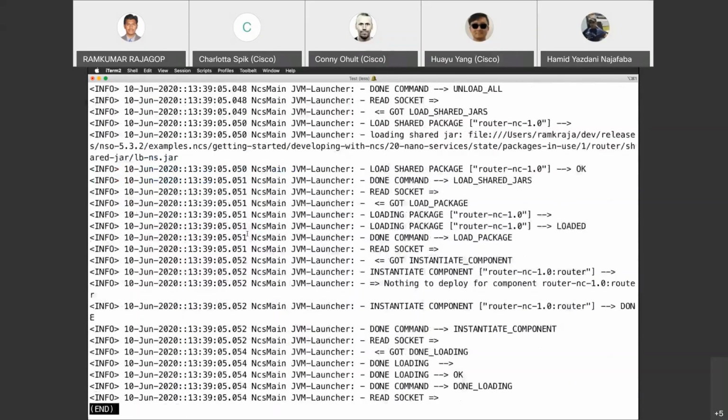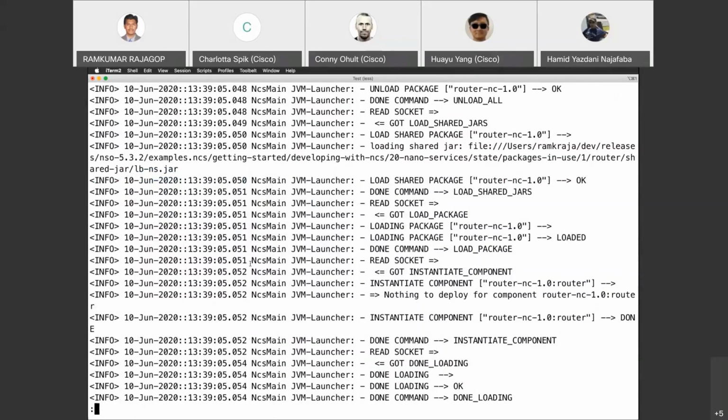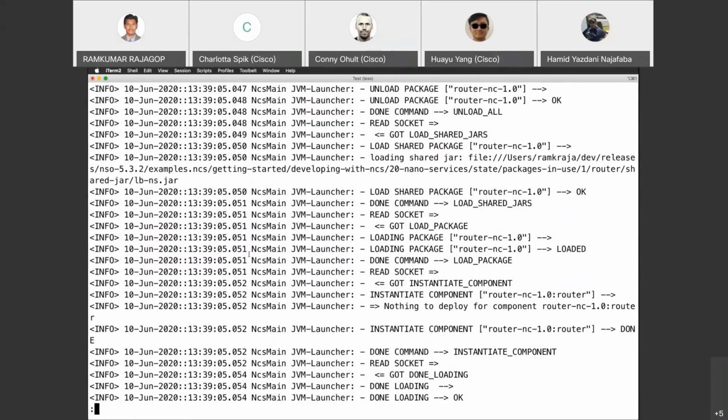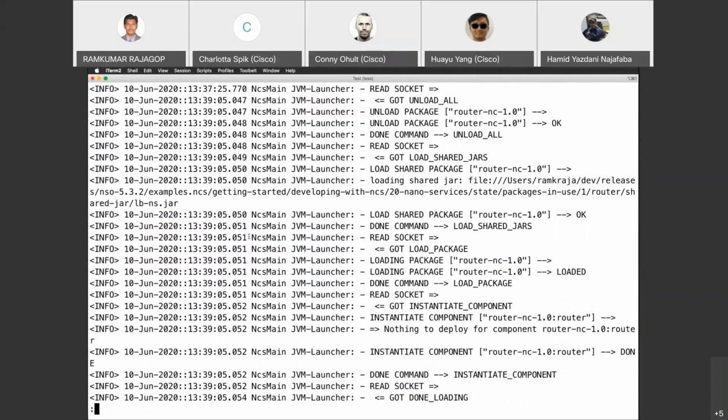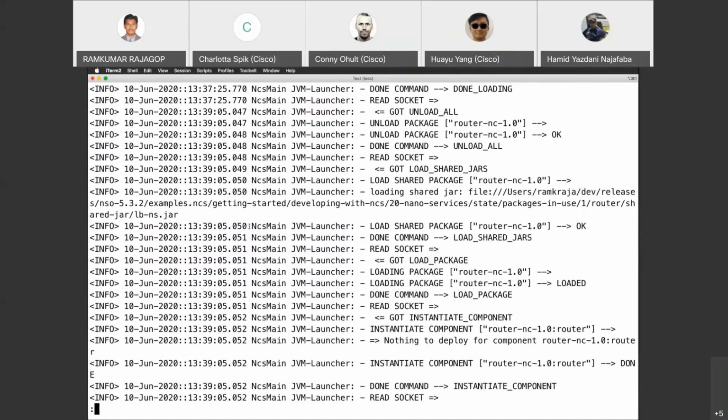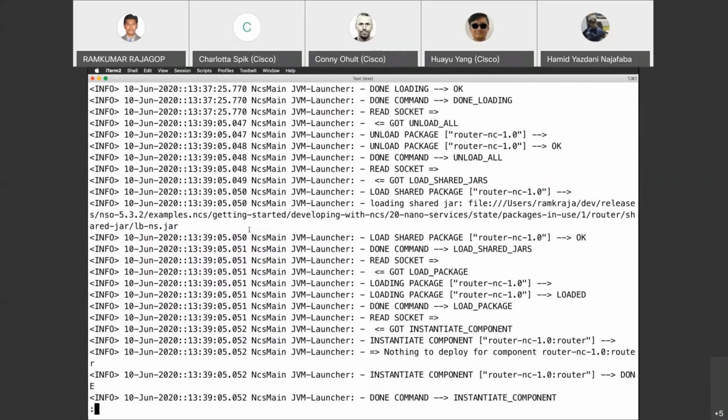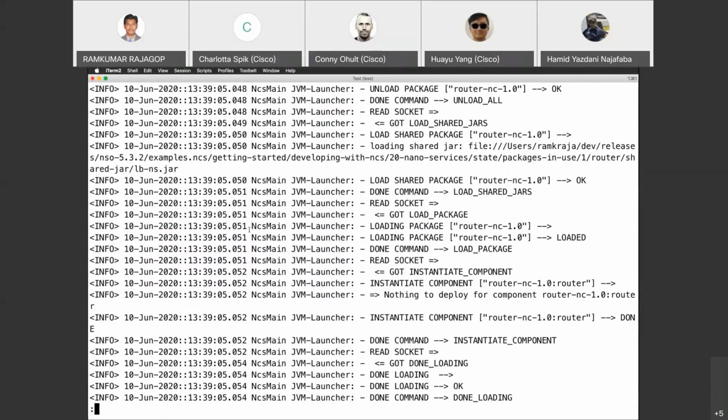You will have the Java VM log even though you don't have any Java packages, because the Java VM is always started by default. If you don't have any packages, you can expect not to find much information here. But if you do have Java packages, this Java VM log is quite helpful in dealing with